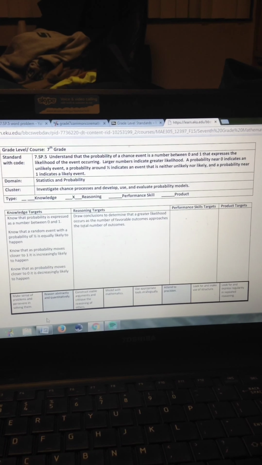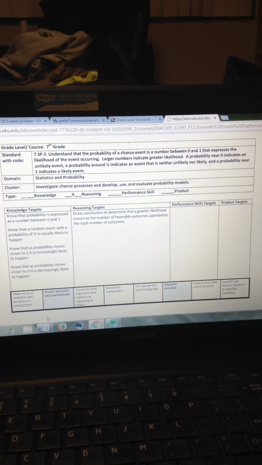Today we will be doing a lesson on 7th grade ratios. Standard with code